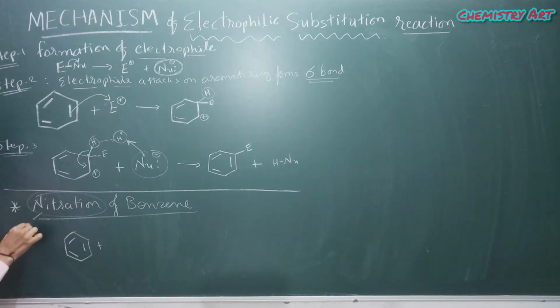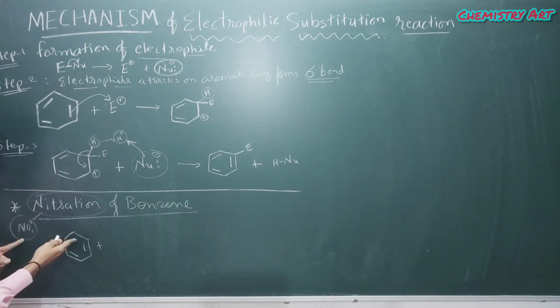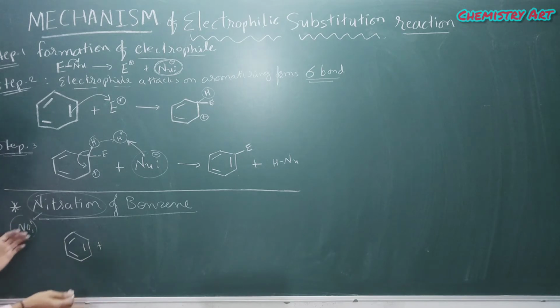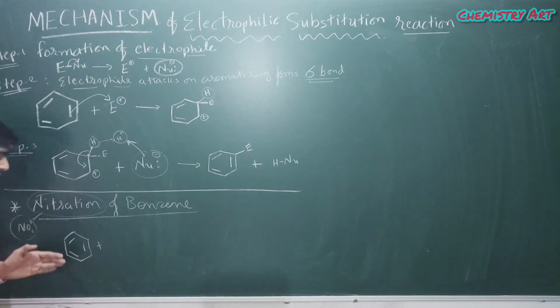Nitration means NO2 plus. This is our electrophile, the nitro group. Nitration means introducing a nitro group into the benzene with the help of a substitution reaction, meaning from benzene hydrogen will be removed and the nitro group will be added, and for that we have to use